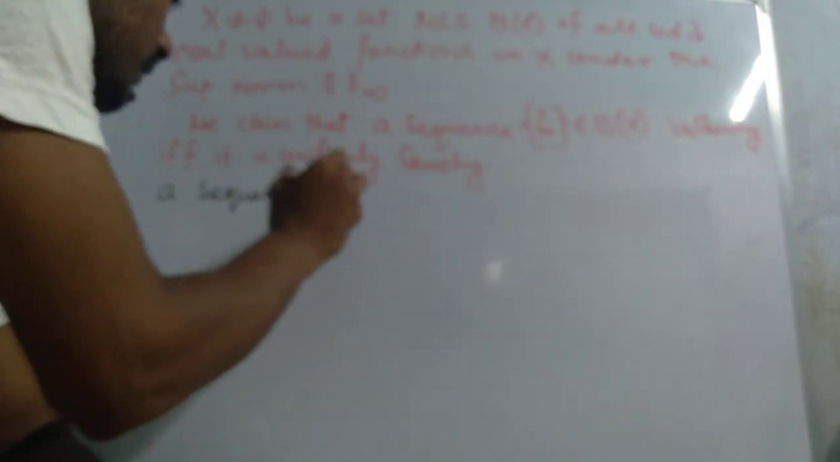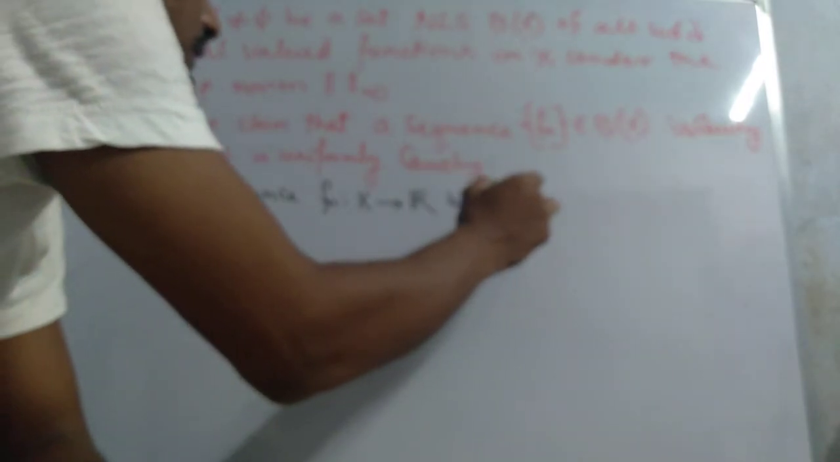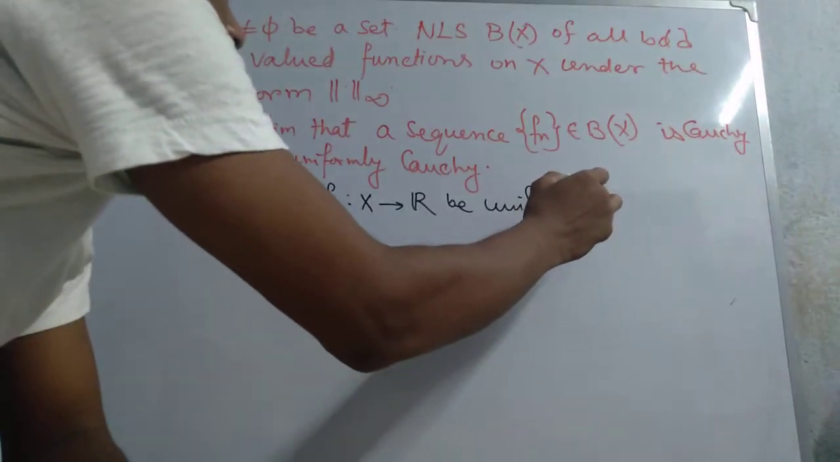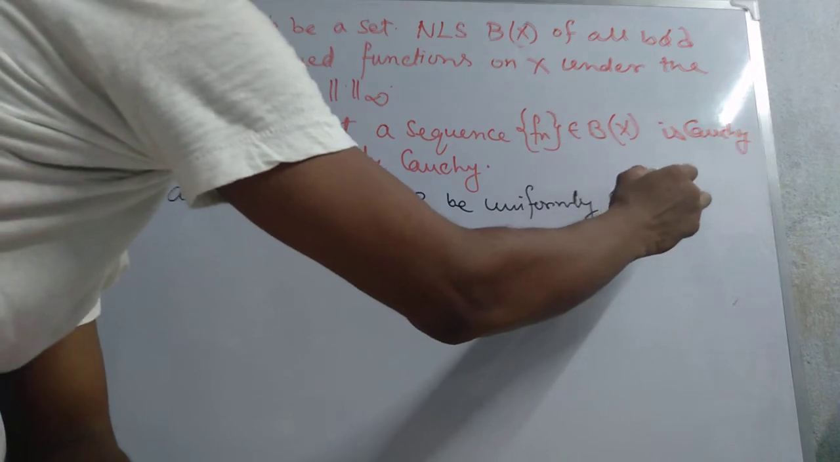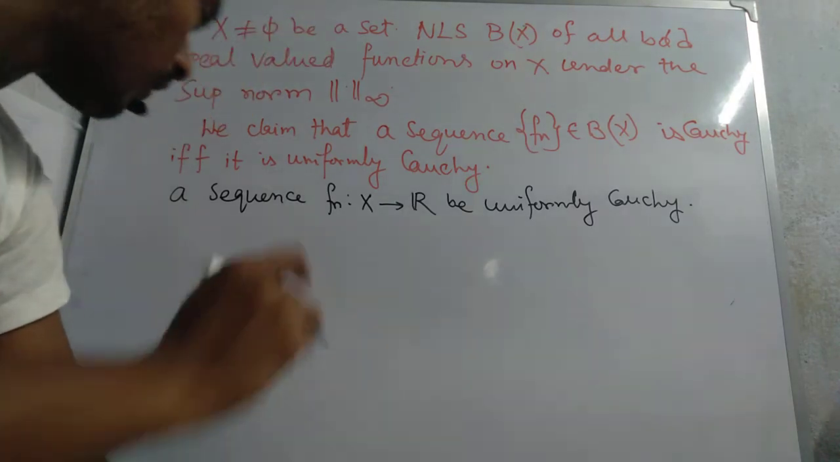Okay, then what do we do? Then we start with a sequence. A sequence f_n on X is uniformly Cauchy, okay, if